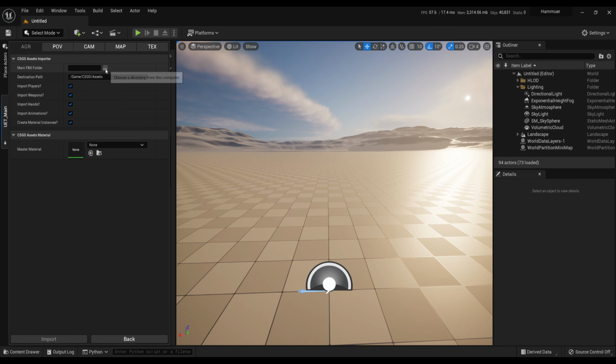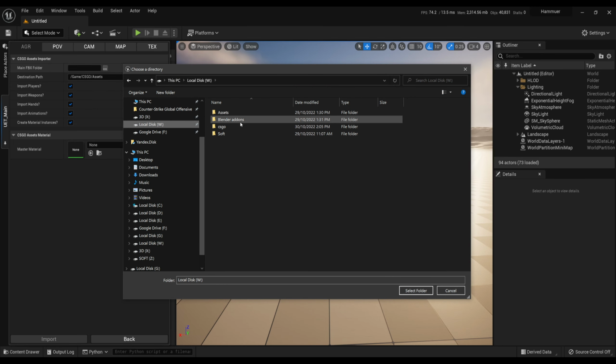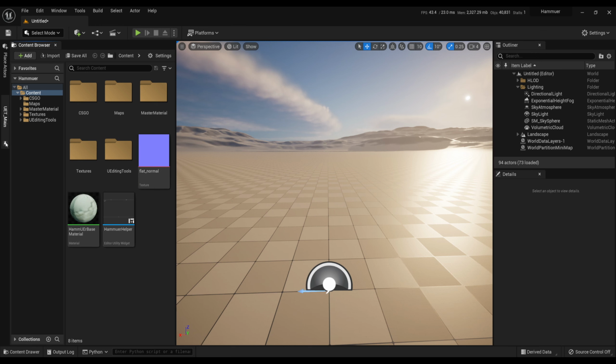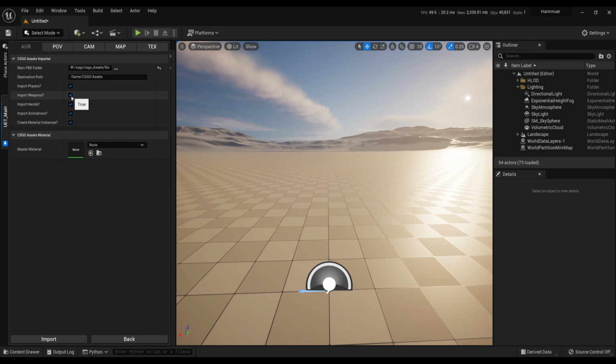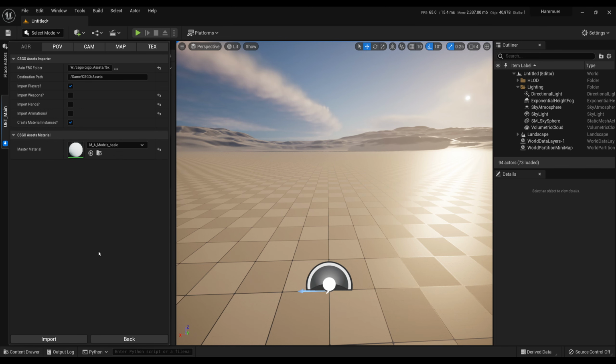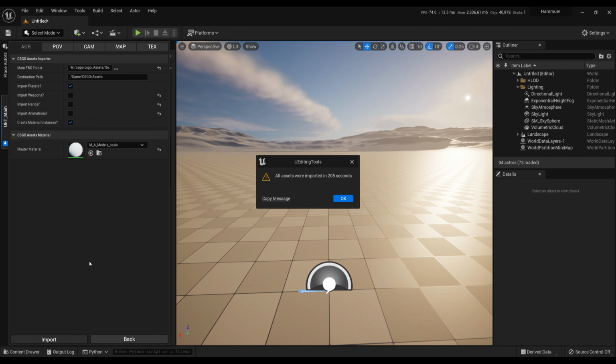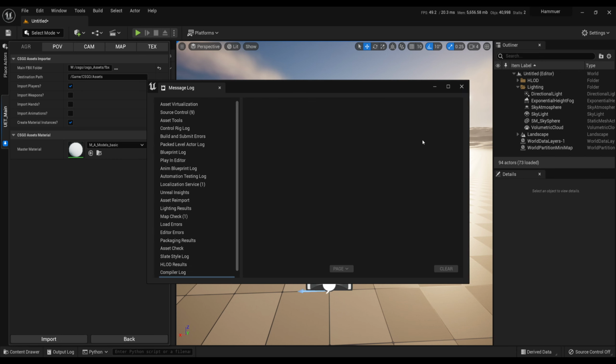You have to provide the folder with all exported FBX files. There should be 4 folders inside this folder: animations, hands, players and weapons. And select your master material for these models. If you have a VIP access in my Discord server, don't create material instances, as we have a widget for auto texturing models.